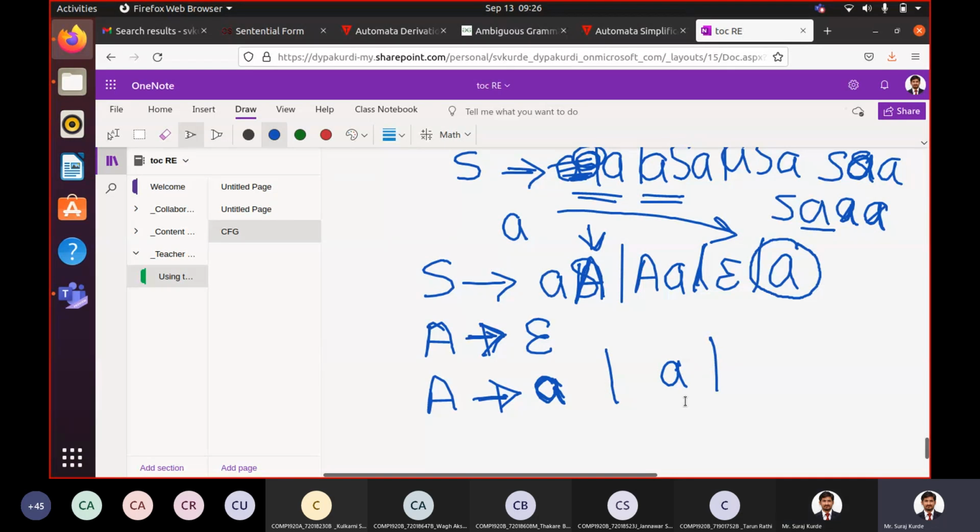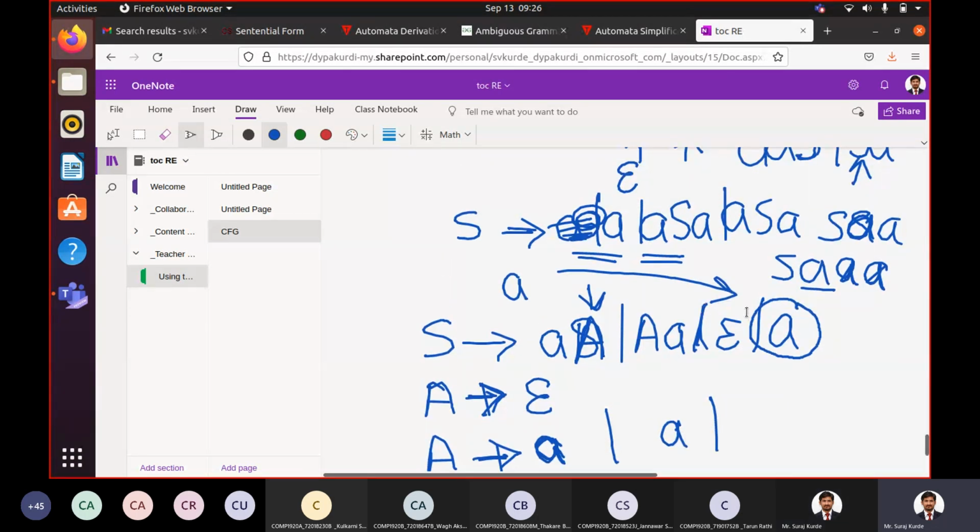Yes, anyone? How to match the string? You have to match this string. So what should it produce? It should not generate a new string. It should generate strings which match the original string or original grammar. The new grammar, the simplified grammar after removing recursion, and the given grammar should both generate the same strings. That is what you have to do. That is what removing ambiguity from the grammar is.